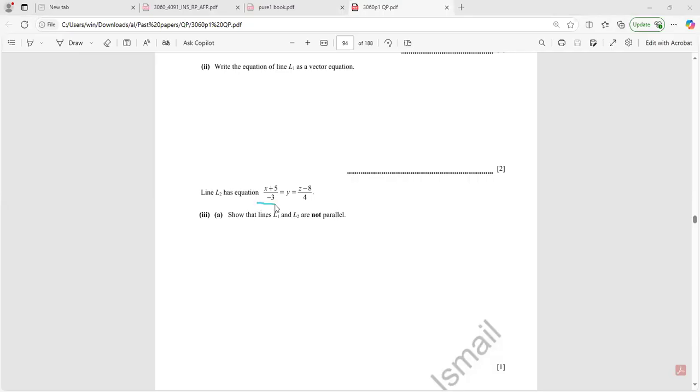So we have to get the direction of this line, x plus 5 minus 3. So we're going to solve it. We say that x plus 5, the inverse, will be equal to lambda. And we're going to solve it for the lambda. I say that is negative 3 lambda, negative 3 and lambda minus 5, which equals